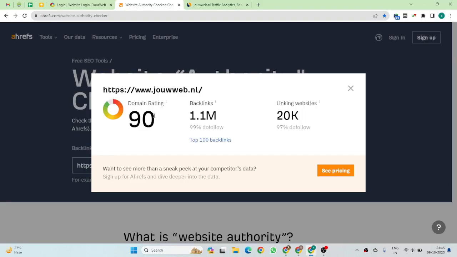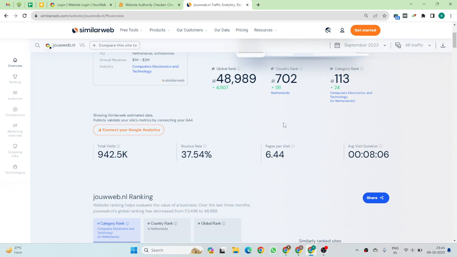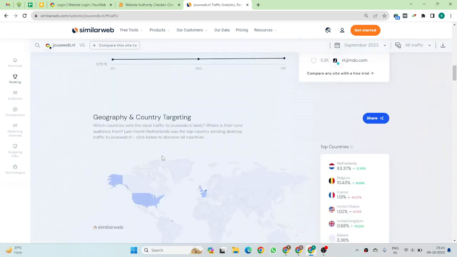So today I'm going to show you one website where we have to create a Web 2.0 backlink. Okay. So this website provides a dofollow, high quality and instant approval backlink. You guys can see this website has a 90 plus domain rating. And now I'm going to show you the website traffic. You can see this website has 942.5k total visitors, and you guys can